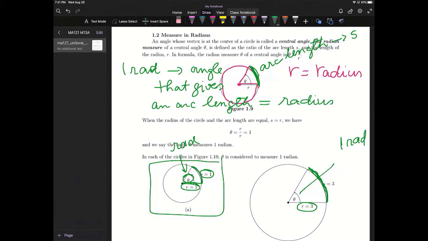You don't need to memorize this. This is not important, just 57.3. It's just an approximation. You cannot be precise, because it depends on the number pi, which is irrational, so we cannot be exact with that. Now that we know what a radian is,